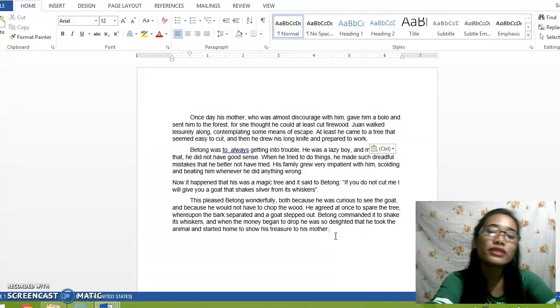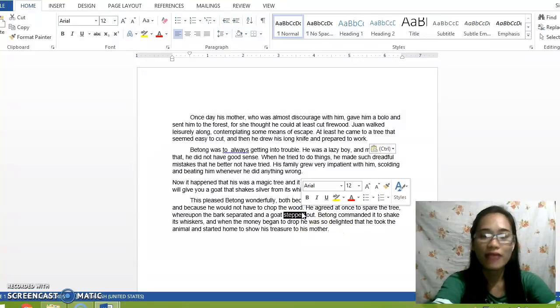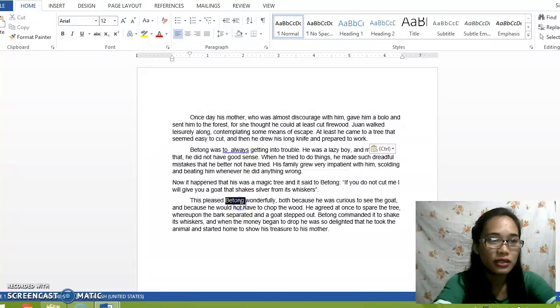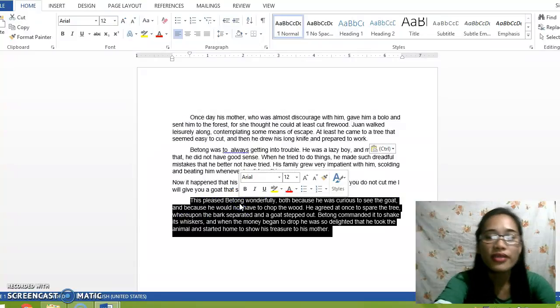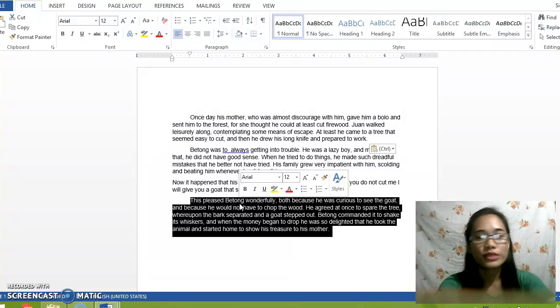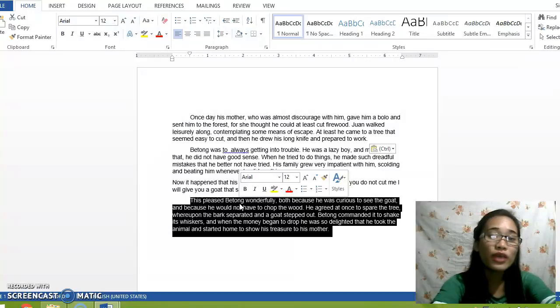Now, if you want to go faster, you can make a selection without dragging the mouse. Just double-click to select a word. Like that. Then, click three times and you select the whole paragraph. If you want to select a whole paragraph, you must click three times. So, like this. You'll see that there is always more than one way to do things in Word.